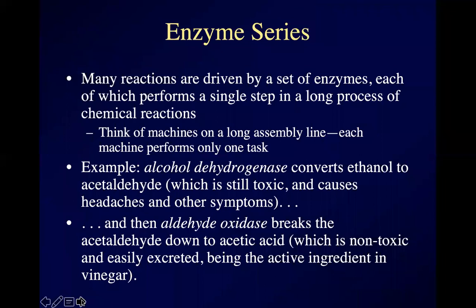Okay, now this is new. An awful lot of your metabolism depends on multi-step reactions. And you can think of these as being kind of like modern assembly lines, where a substrate might get acted on by one enzyme, and then a second, and then a third, and then a fourth, and then a fifth, and so on, with each enzyme performing one single step in a series of chemical reactions. The example that I'm going to show you